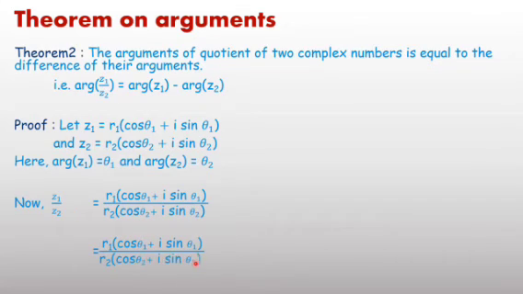in the denominator we have cos theta 2 plus i sin theta 2. Multiply numerator and denominator by cos theta 2 minus i sin theta 2. In the denominator you can apply the formula (a plus b)(a minus b) equals a square minus b square, and in the numerator open the bracket. Next step you will get the value of z1 upon z2